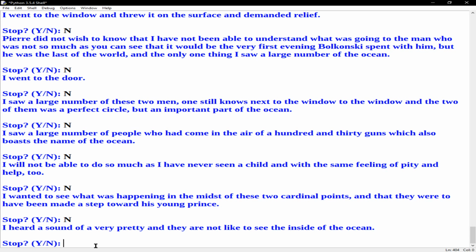I have heard a sound of a very pretty, and they are not like to see the inside of the